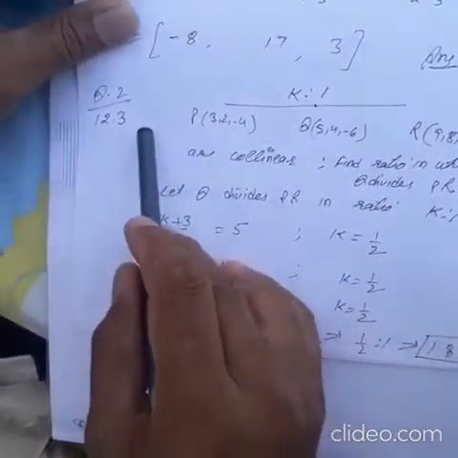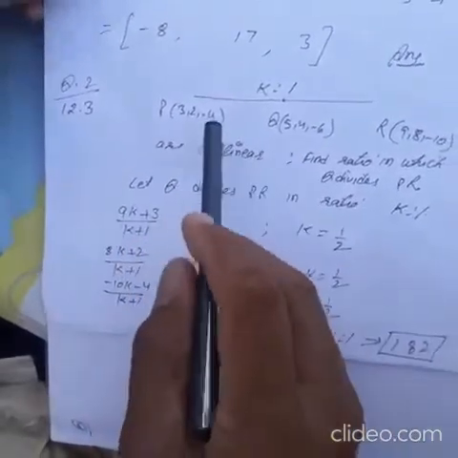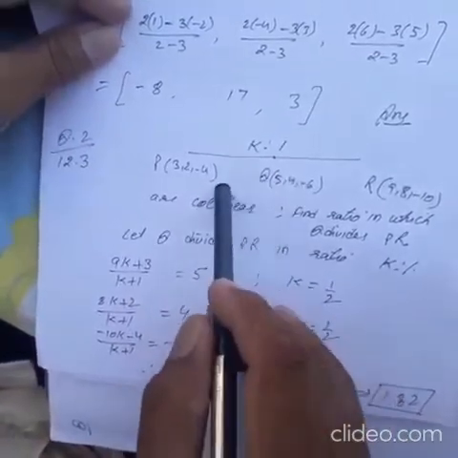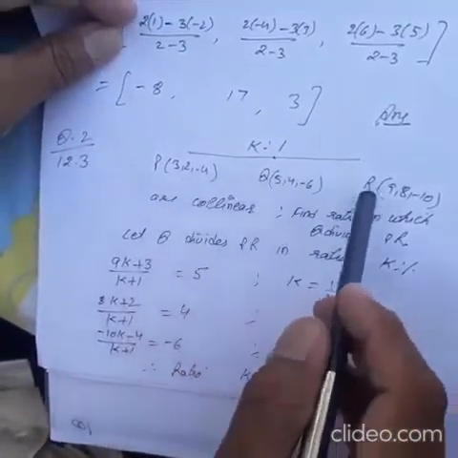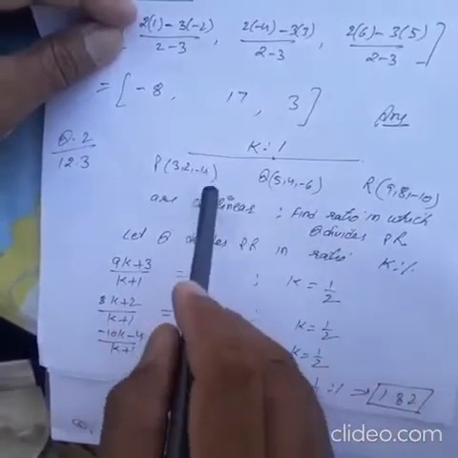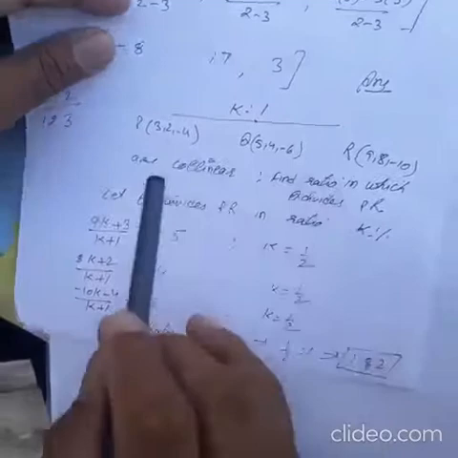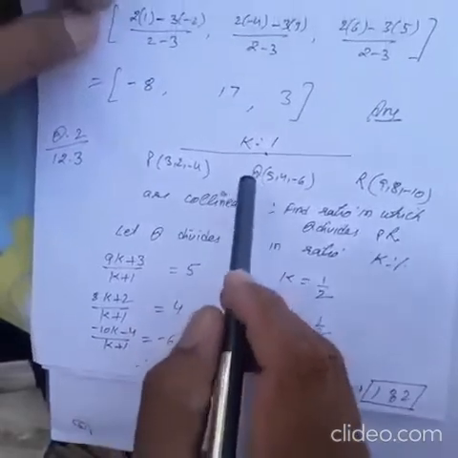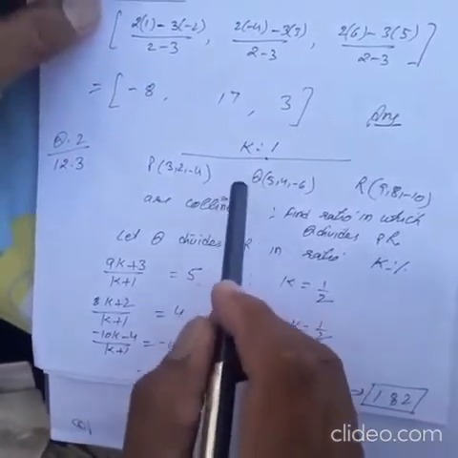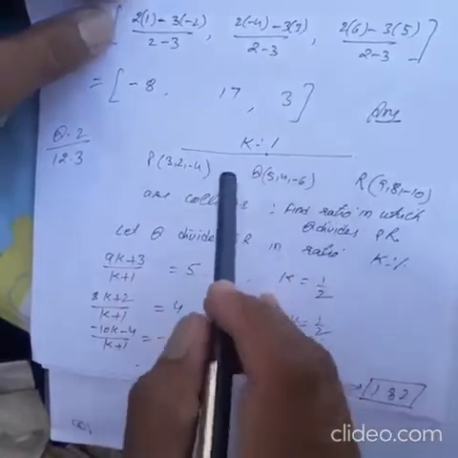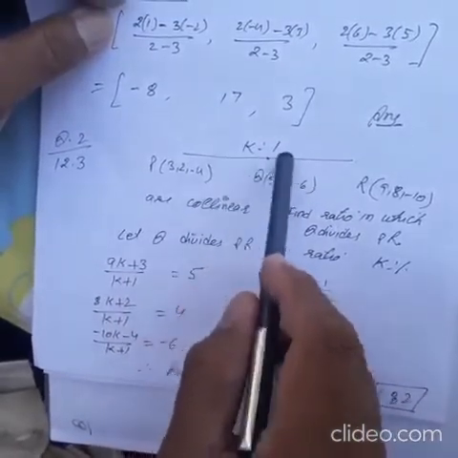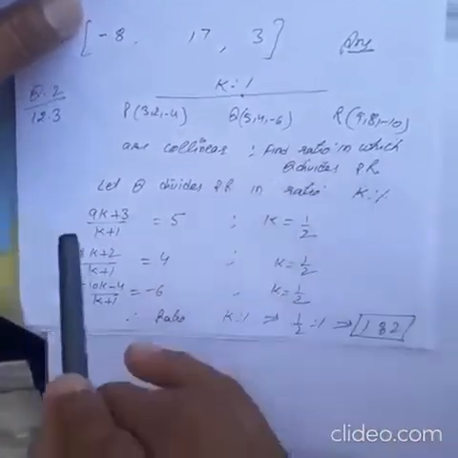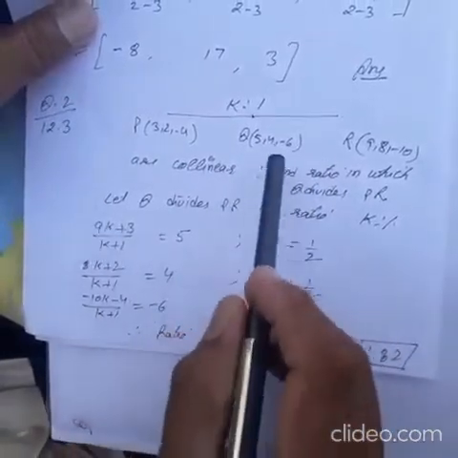Now move on to question number second of the same exercise. P, Q, R are 3 points, and now using section formula we have to prove the points P, Q, R are collinear. Now using this, we will assume first, let any one point, we are assuming Q, let Q point is dividing PR in ratio k:1, and we will find out this ratio using these 3 points. And if you are getting equal ratio, same ratio, then the points will be collinear.